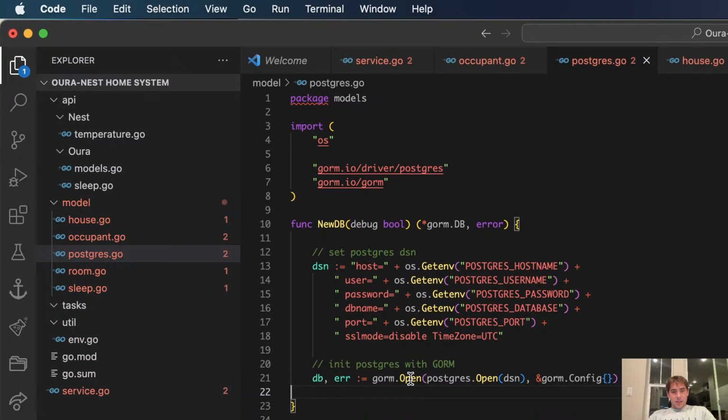Let's see. So gorm.Open, because I need to go get Postgres. Let's see if I can find the Postgres Golang package. Oh, I guess I do use the database SQL driver.